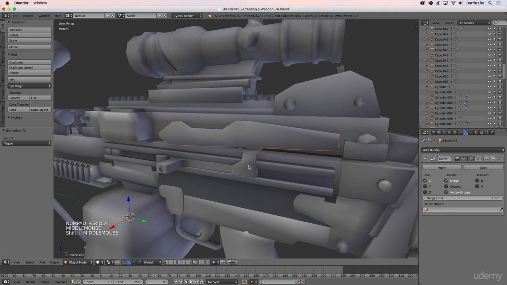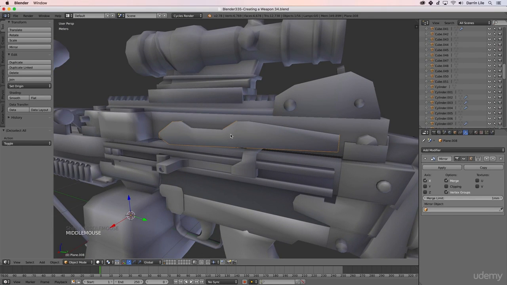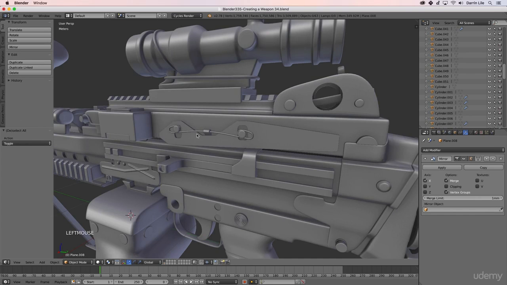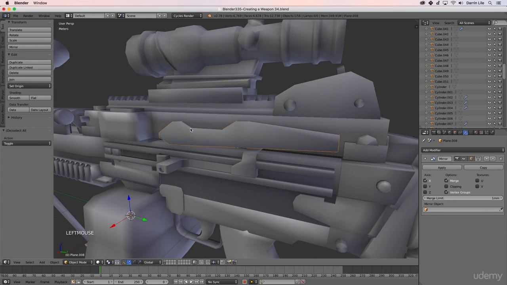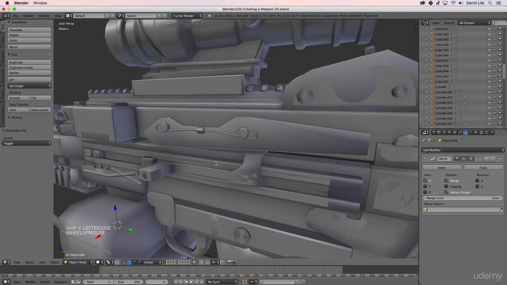This piece I did a little bit differently than the original high-res version, and let me show you what I mean. Here in the high-res version, you can see it angles down pretty far and then up, whereas in the retopology I just went straight across. Let me bring them both back. What I was trying to do is encompass this area so that these pieces will be a part of this and have a place on the normal map in this UV